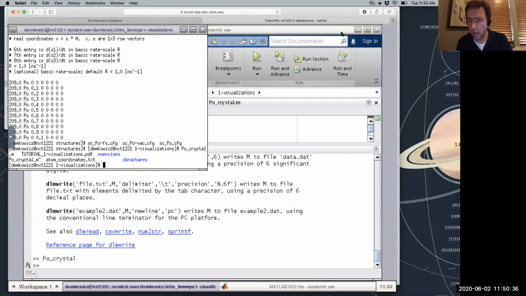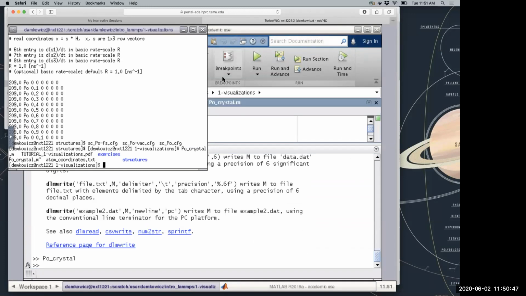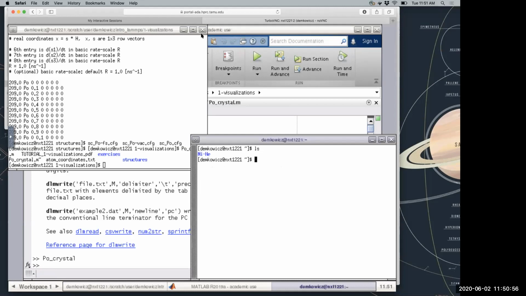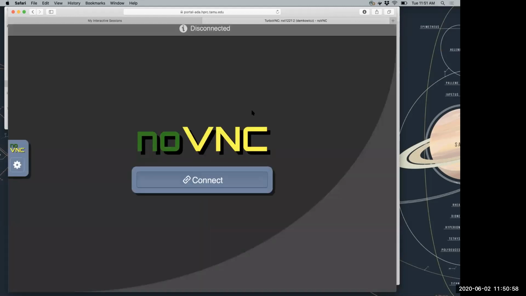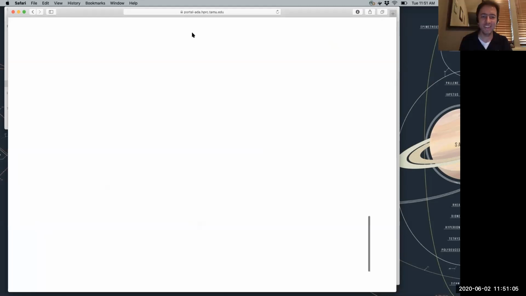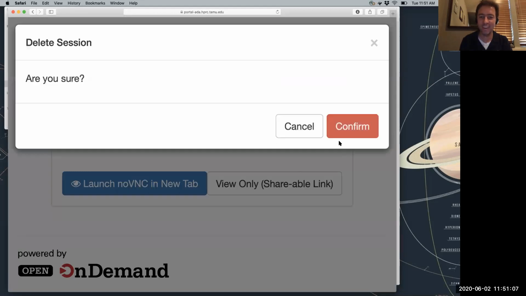Let's see. Lisa, were you saying just a moment ago how I can make the letters appear again? Yes, so I'm not sure if this is a Safari and Chrome issue. Can somebody type in if they're having this issue in Firefox? Let me just open a new terminal window. Yes, opening a new terminal seems to work for most people. Did you close the other one? I closed the other one. You cannot close the other one. Close your session. Right, fine. All right, so I have to restart this session.